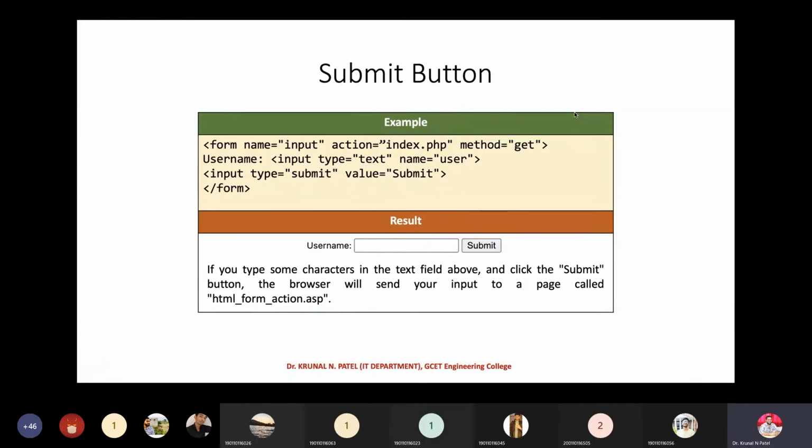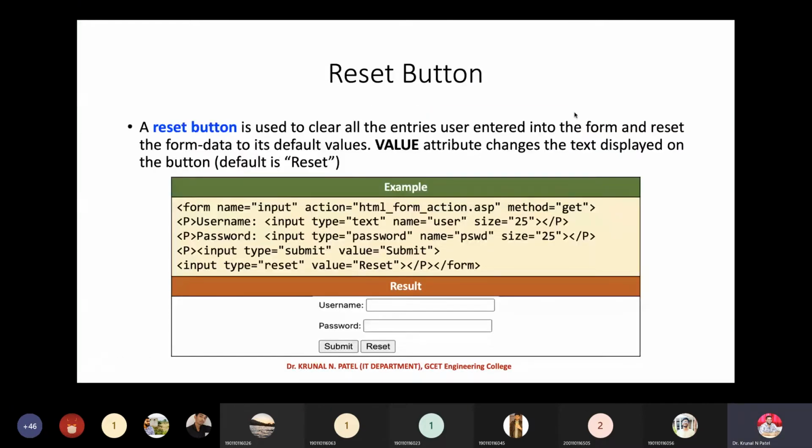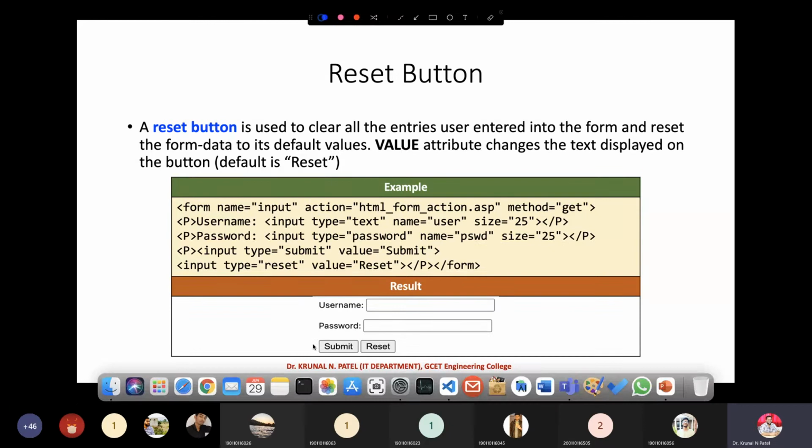Okay. Now let's go for the reset button. Right? So after the submit button, we have a reset button. So what is the job of the submit button? The submit button will send our data to the server. But what is the job of the reset button?